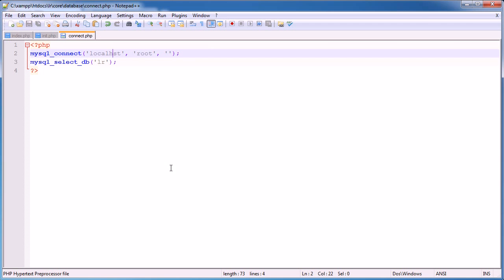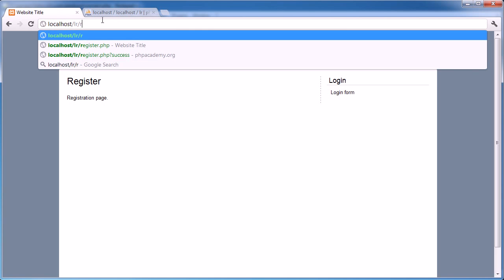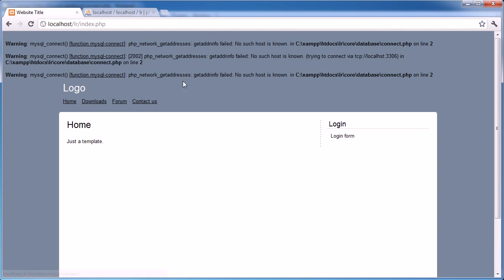Let's say localhst instead. Oh no, we're not getting any errors. Oh no, it's because we're on register.php. Okay, so we'll go to index.php, and there we go, we've got an error at the top there. So that doesn't look very nice. It's not great. If your database connection does fail for some reason on your site, you're probably going to want to show